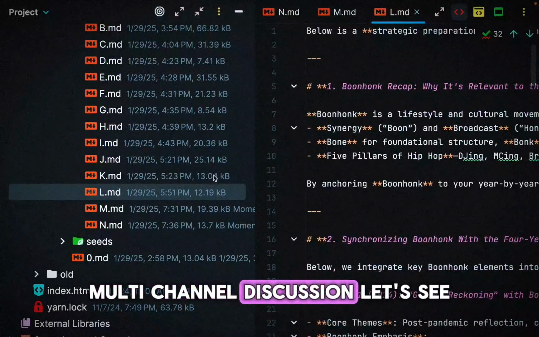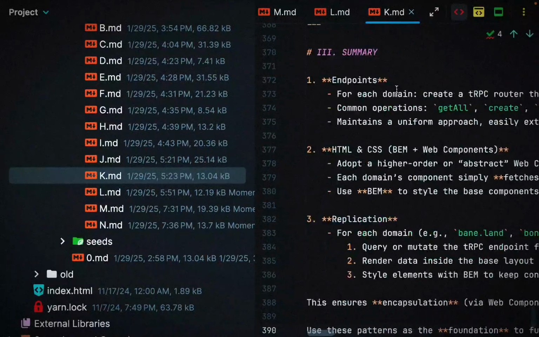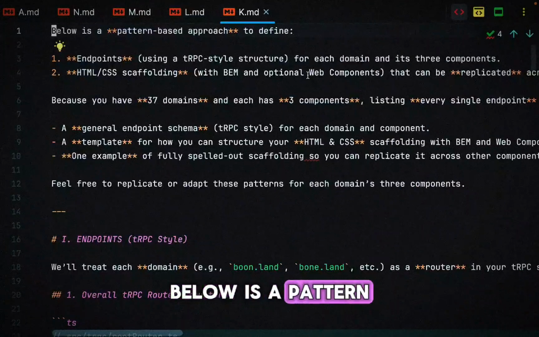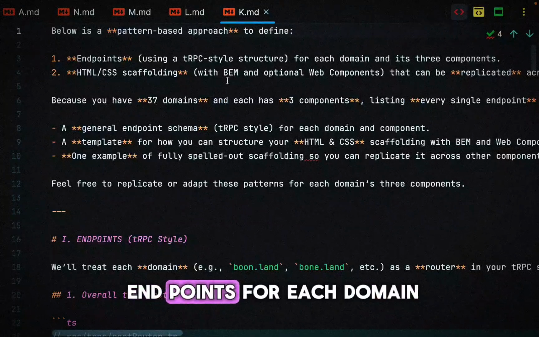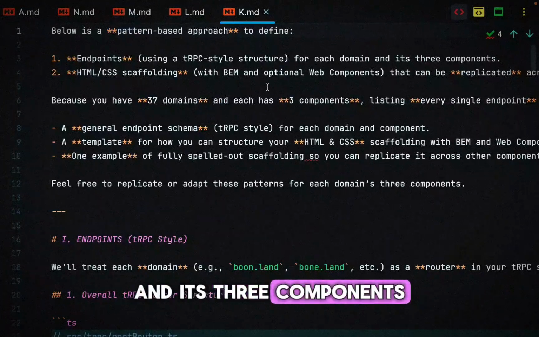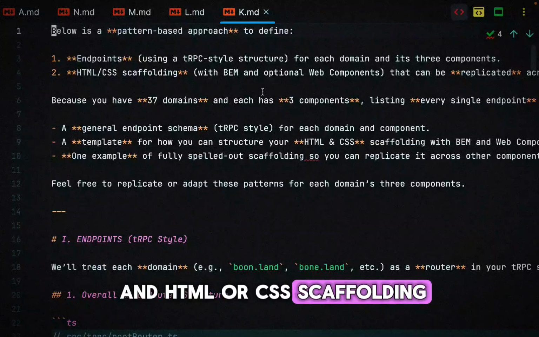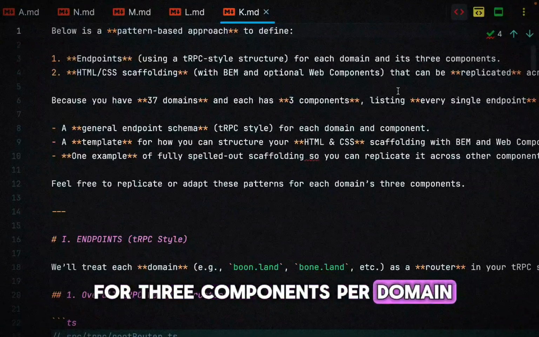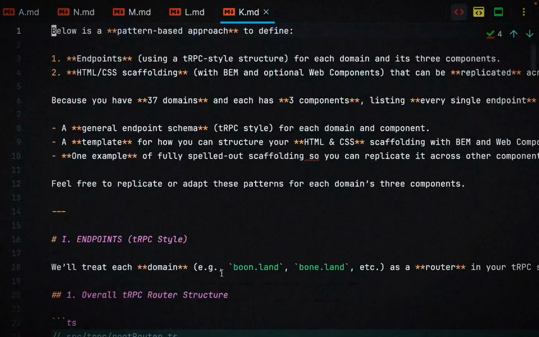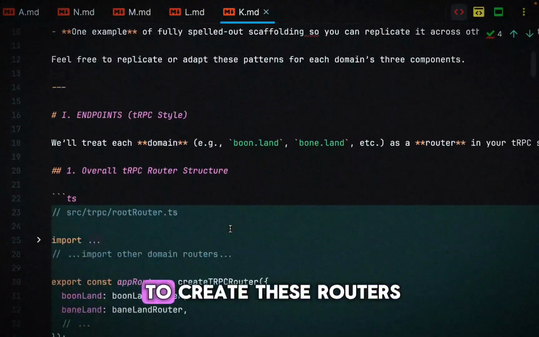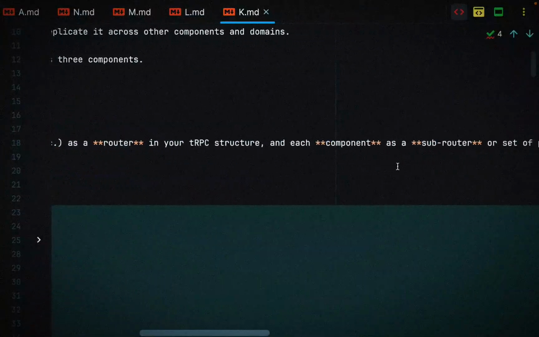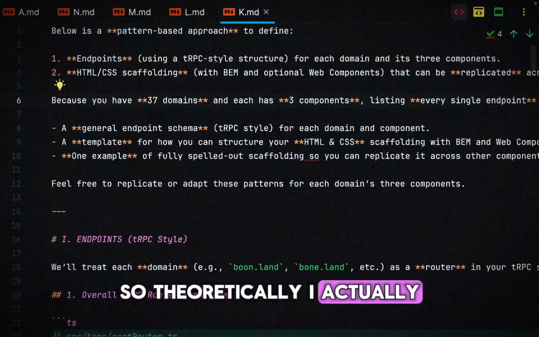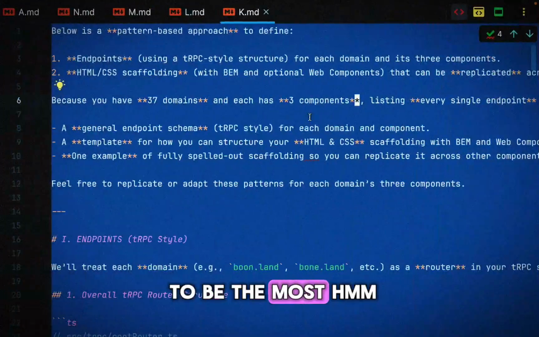Multi-channel discussion. Let's see. What's this one about? Below is a pattern-based approach to define endpoints for each domain and its 3 components and HTML or CSS scaffolding. So I have 37 domains and I'm asking for 3 components per domain, listing every single endpoint. And I'm using TRPC to create these routers so I can navigate in this structure. So theoretically, I actually think this is going to be the most